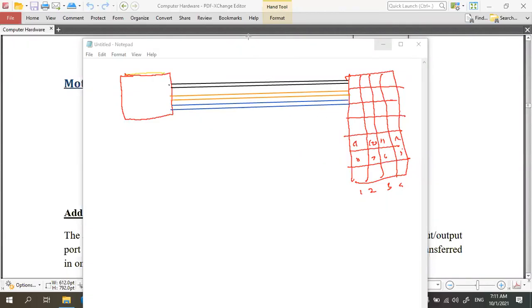These are called buses. One is called the data bus. The other one is called the address bus. The next one is the control bus. Right.